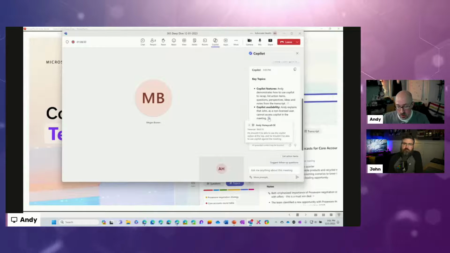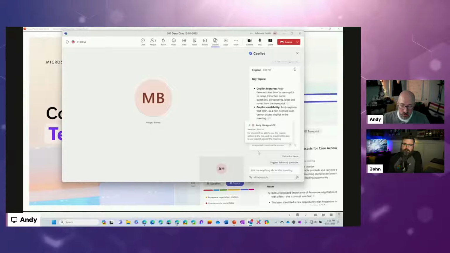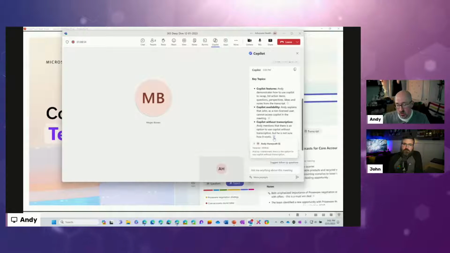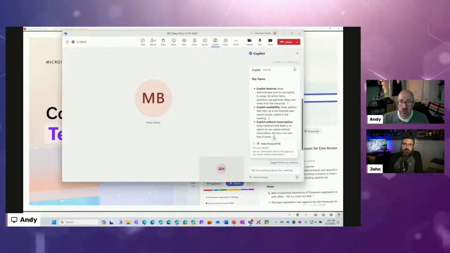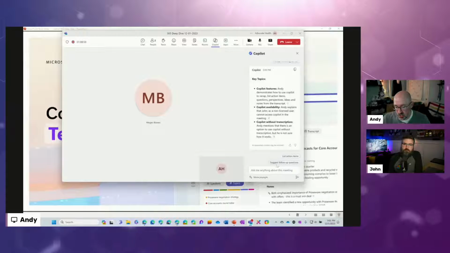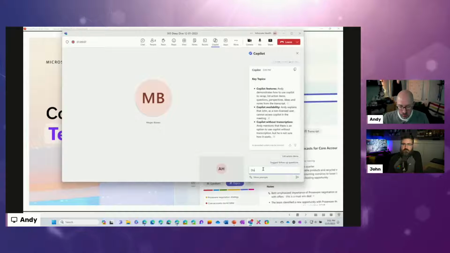It tells me the timestamp that's specific to that, and it gives me three main topics. And then it's got an auto suggestion, list the actionable items, suggest any follow up questions. But I could also ask specific questions against that. For example,